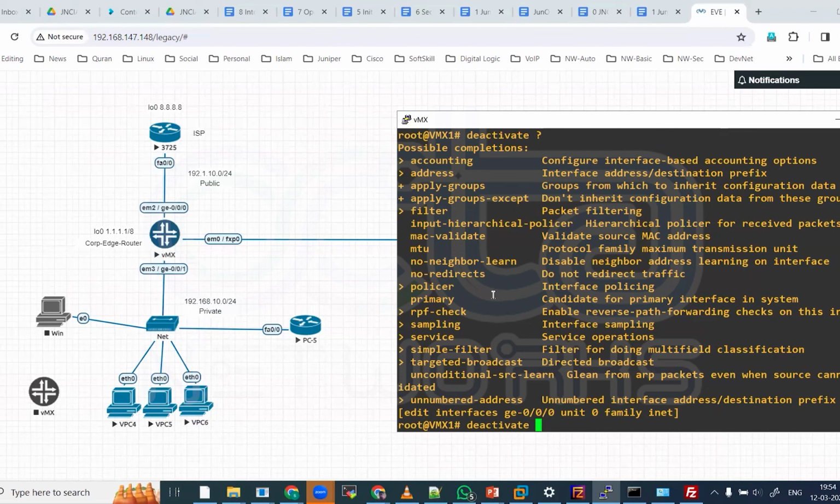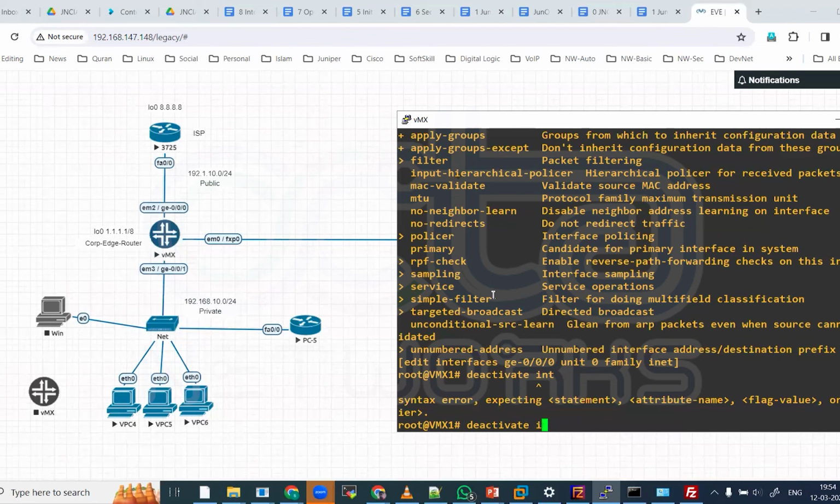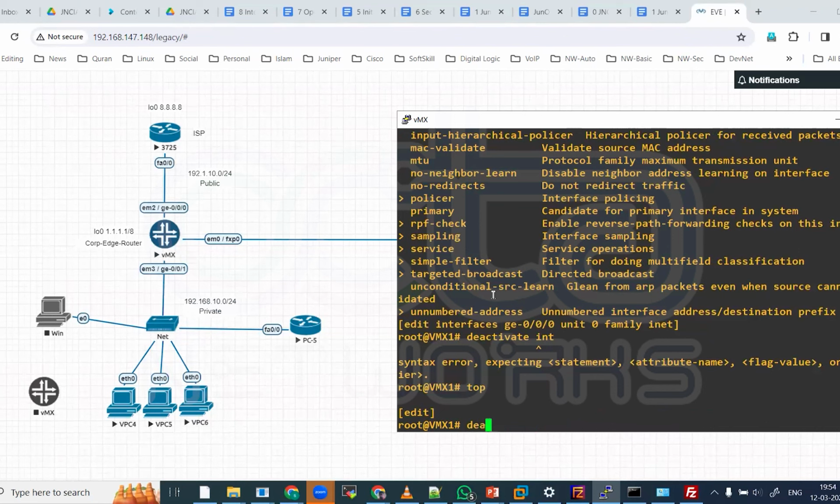Maybe let's check that as well if we can do that, because here the deactivate command is there, but it's not working with the interface. So let me go to the top and let's check, does it work with the particular interface. Deactivate interface ge-0/0/0.0,